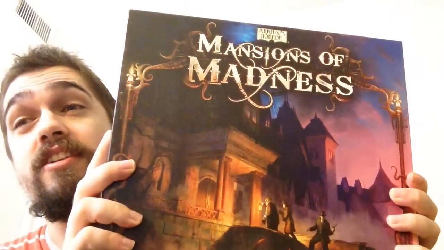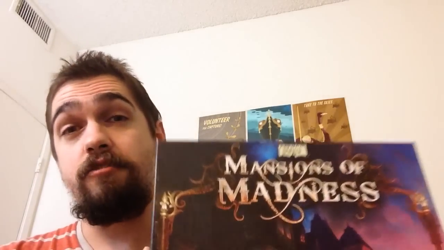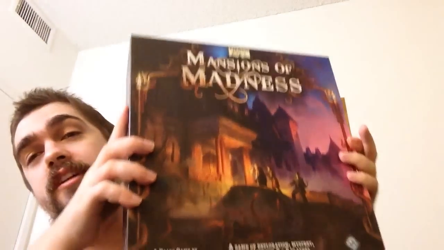And the reason that this is going to be No Cats Allowed is because the game that I'm going to be playing is Mansions of Madness, brought to you by Fantasy Flight Games. And Mansions of Madness, as you can probably tell, is a board game in the Arkham Horror universe. But it's a very different game than Arkham Horror. If you are not familiar with Mansions of Madness, which came out, I believe, in 2012, maybe 2011,